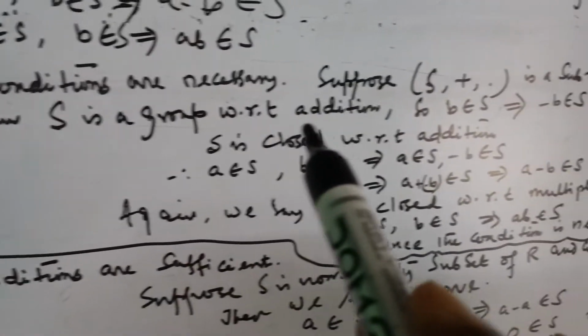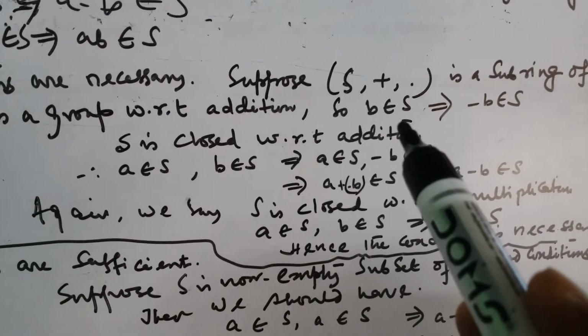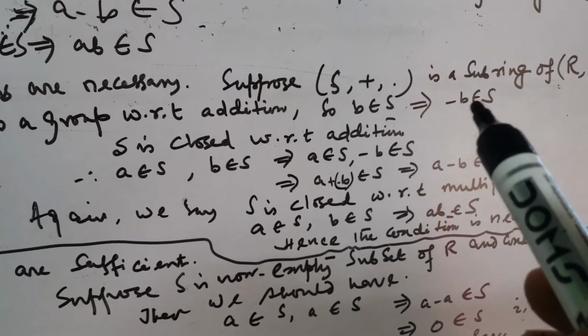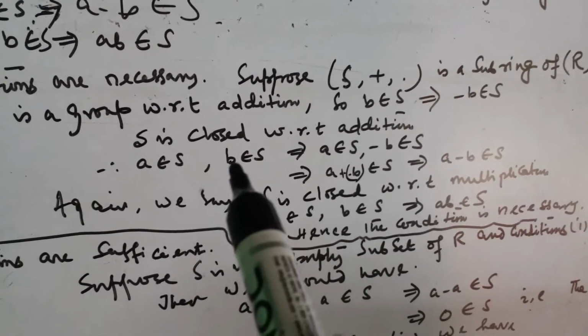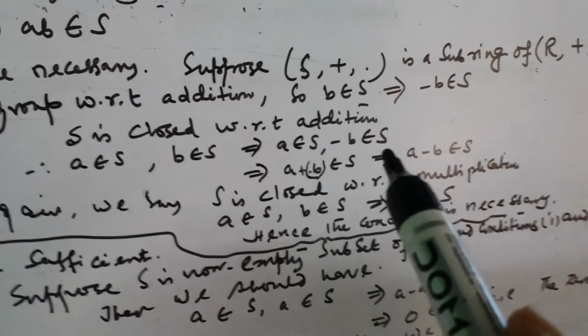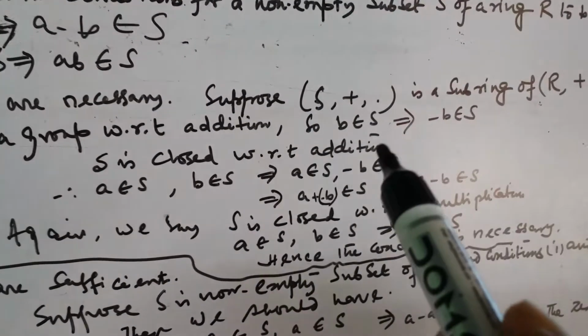Then S is a group with respect to addition. We know if B belongs to S, then minus B belongs to S. So A belongs to S, B belongs to S implies A minus B